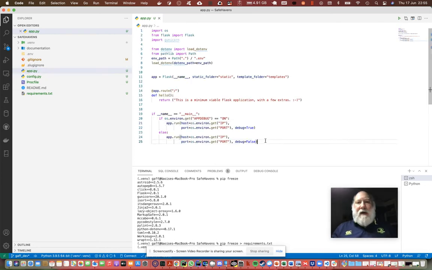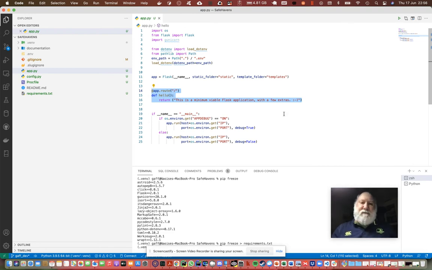And then app.py, I have basically a minimum viable Flask application. So we'll have a few imports. This piece here is what ensures that I can load my .env file with the relevant parameters. This we should be familiar with. It's basically saying the app is a Flask app. There's a name, static folder is static, template folder is templates. So these are already default. I just specify them as paranoia settings. This is our first route, so the landing page, which will just return this is a minimum viable Flask application